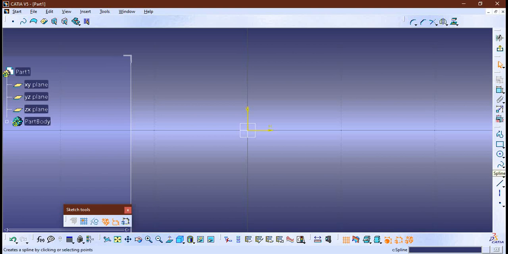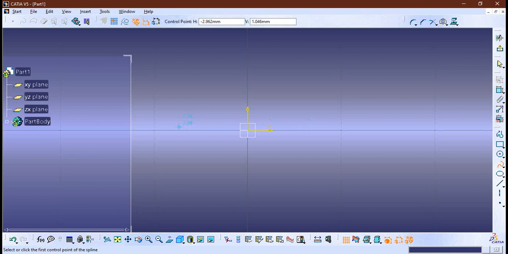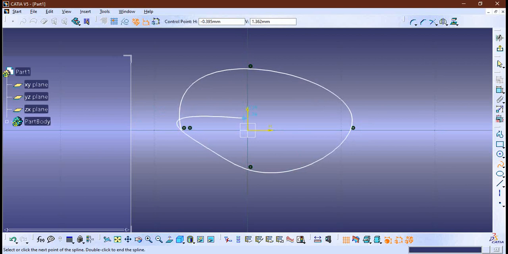First up, I'm going to use a tool called spline. So I'm clicking on spline. I have selected spline, which will turn the selected option into orange color, and I'm going to place some points here and it will create a spline. Okay, so I have created a closed sketch,